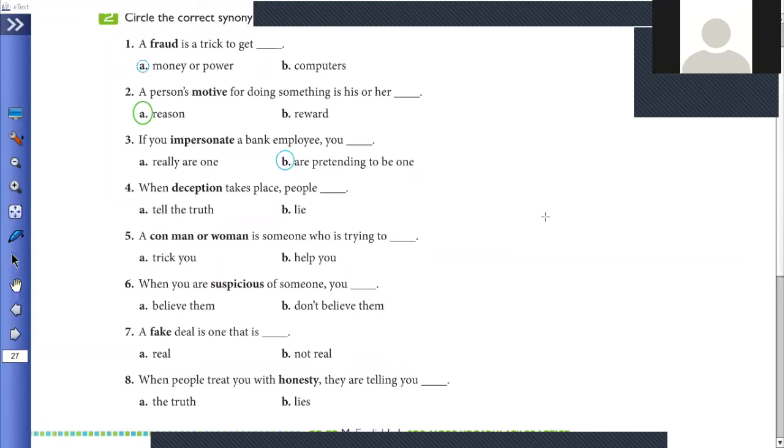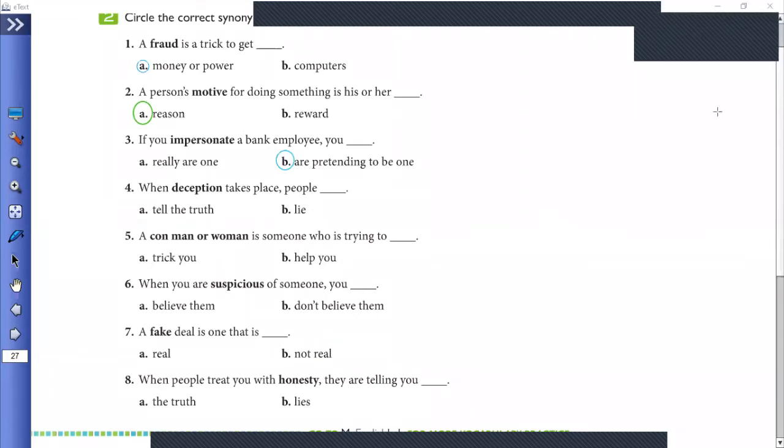So you can annotate. So you can continue, yes? Can you continue doing the annotating for me? Thank you very much. Okay, when deception takes place, people,